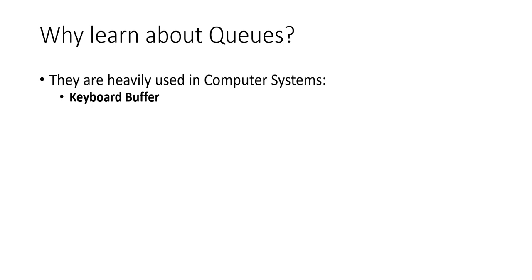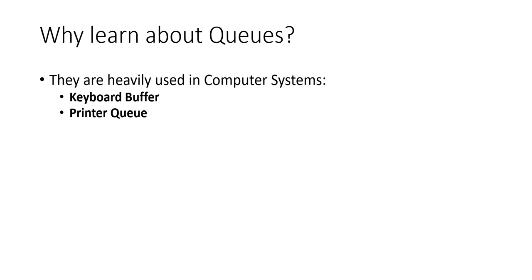What it does is keeps all of your key presses in a queue, in what they're calling a buffer, and when it does come back to listening, say it was Microsoft Word and you were typing, and you noticed that it wasn't actually appearing on the screen. Once it gets around to processing what you've been doing, all of your letters appear in the order that you type them. Letters or characters, I suppose, or any action that you perform on the keyboard. Those key presses are held in a queue, and then the first thing into the queue is the first thing